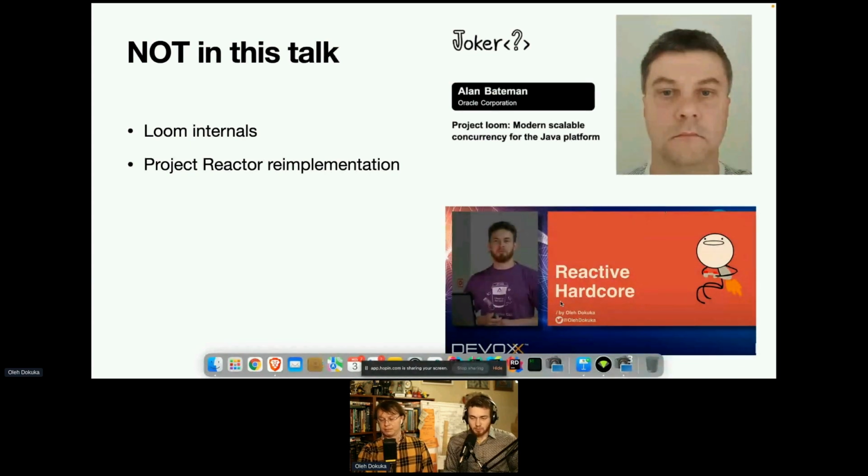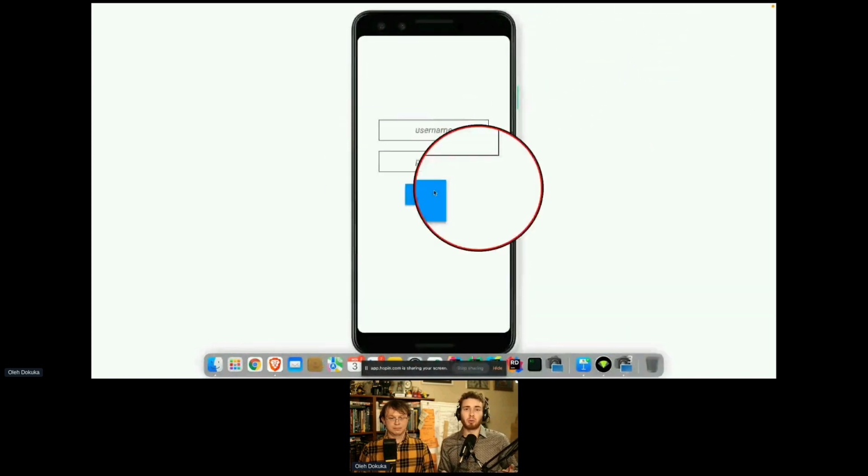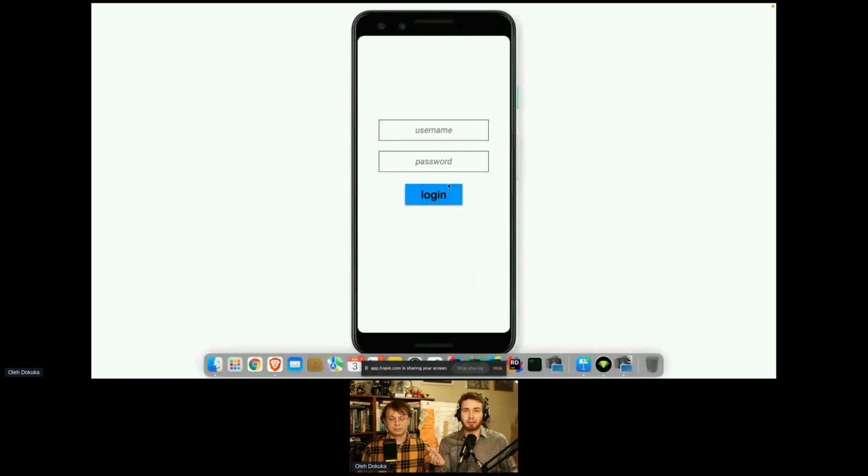In order to explain whether Loom is a friend or foe of reactive streams, we decided to use a simple application, a real scenario where you start building something and you want to choose a technology. Based on this simple application, which does networking to multiple destinations, you're going to understand whether Loom is friend or foe, whether reactive is good, and whether reactive is going to be killed by Loom or not.